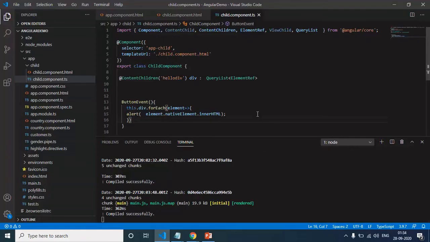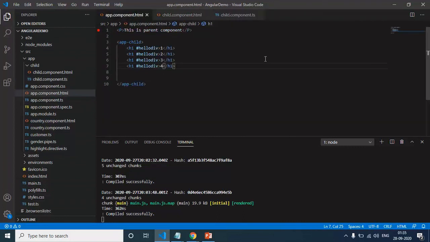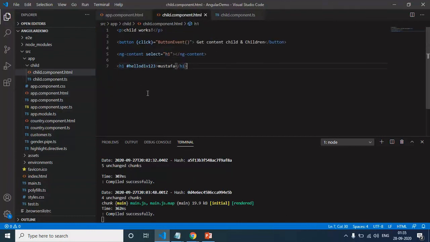So in this tutorial, you saw how we are able to access projected content in the component using ContentChild and ContentChildren. ContentChild and ContentChildren help us to access only the content that is projected using ng-content. If we try to access the same content using ViewChild and ViewChildren, we cannot do that. ContentChild and ContentChildren is only required when content is projected using ng-content. If you watch part 25 and 26, you can try multiple options. As of now, I am using the tag selector only.